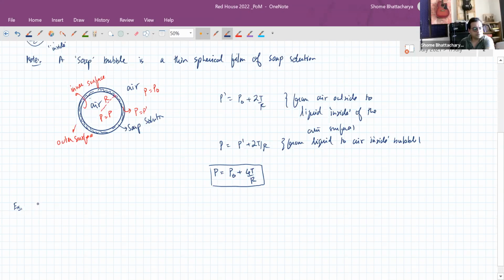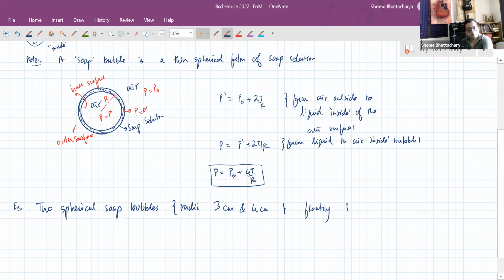Okay, now the question. So you have two spherical soap bubbles. They are having radii, let's say 3 millimeters and 4 millimeters. In fact, let's make them centimeters. So 3 centimeters and 4 centimeters, floating in air. They come in contact and stick together such that